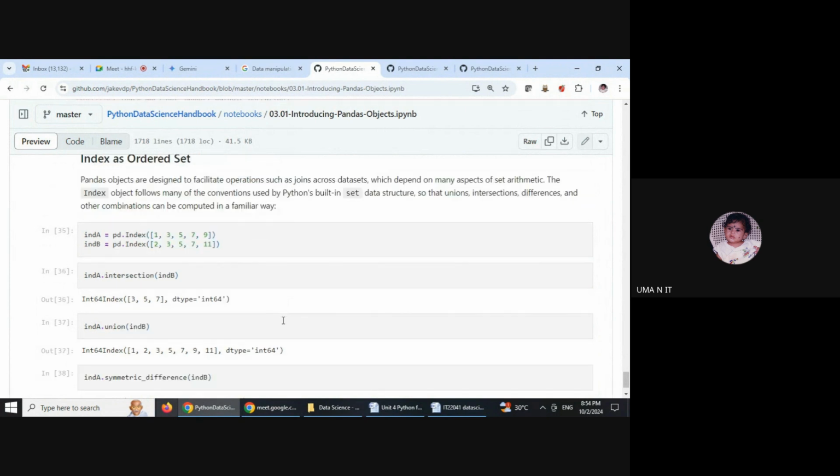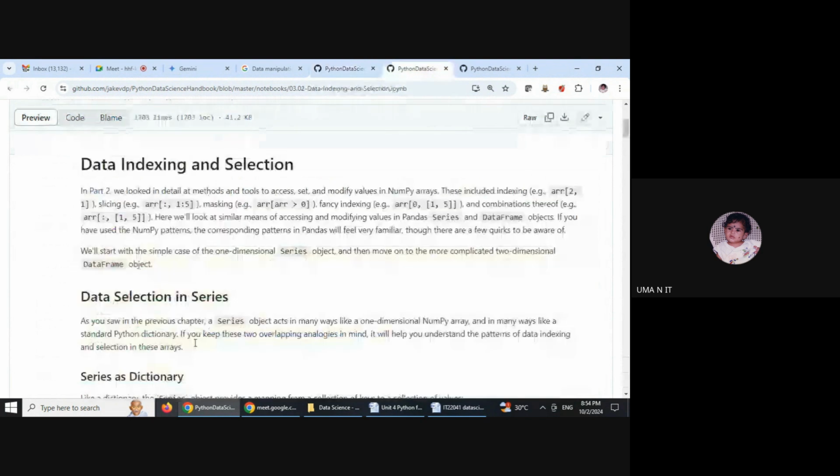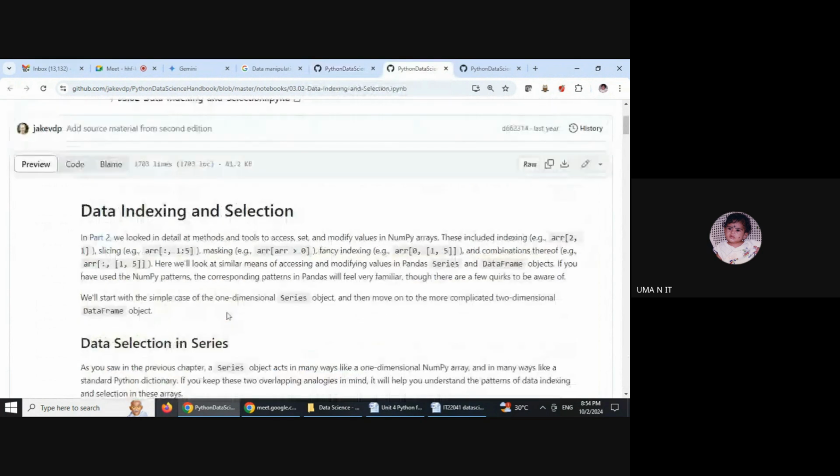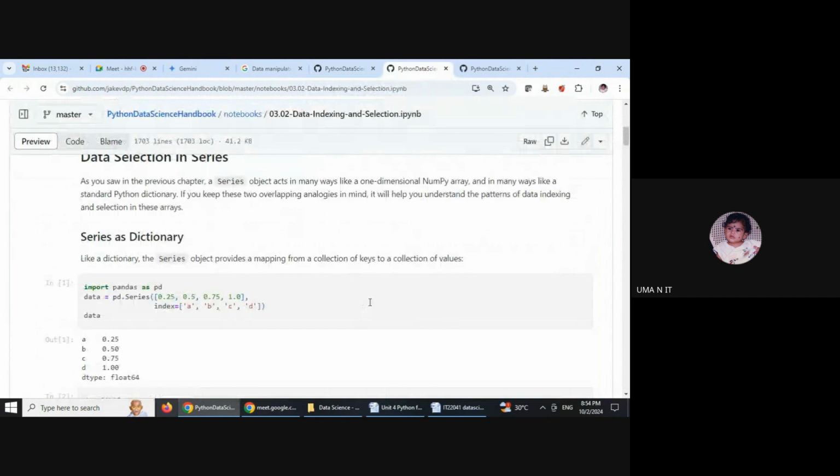So this is about the index objects. And the next is data indexing and selection. So data selection in series. Selection is doing some slicing or taking the values of any series. So see here, series is like dictionaries.